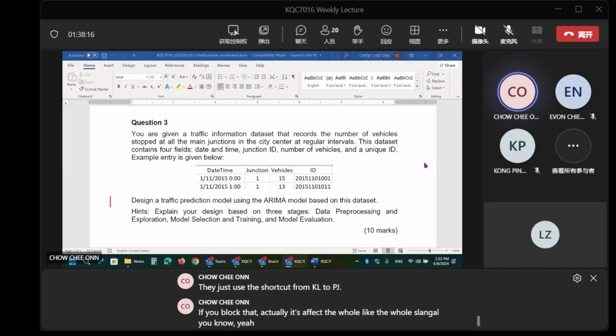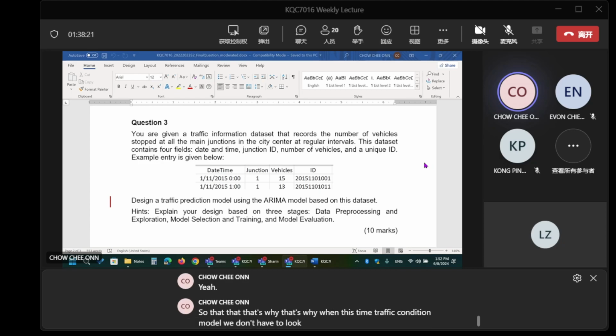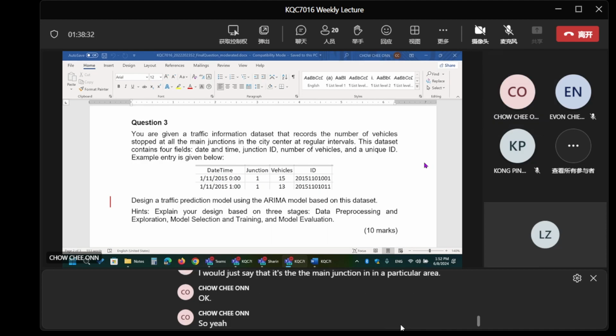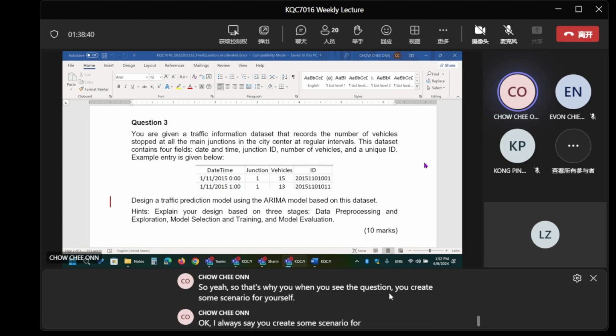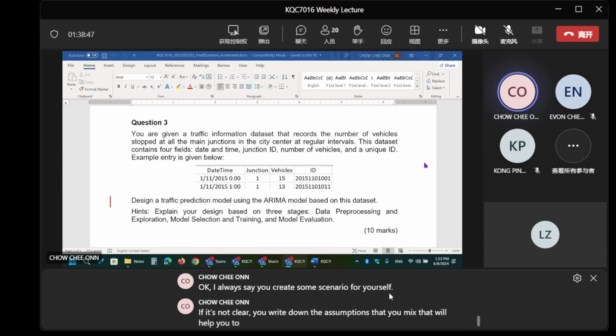So that's why with this kind of traffic prediction model, we don't have to look at the traffic at every junction. I would just say it's the city, the main junctions in a particular area. So when you see the question, you create some scenario for yourself. I always say you create some scenario for yourself. If it's not clear, you write down the assumptions that you make. That will help you answer the questions.